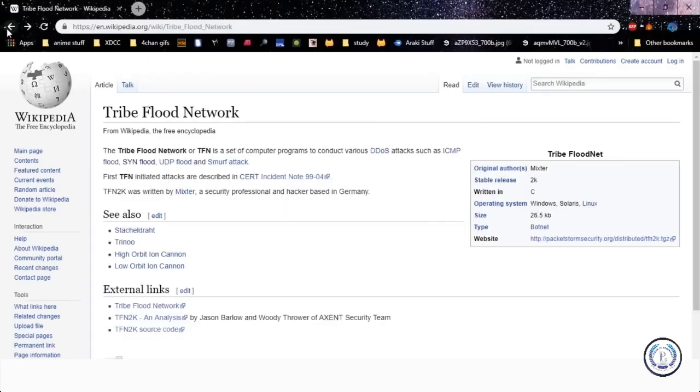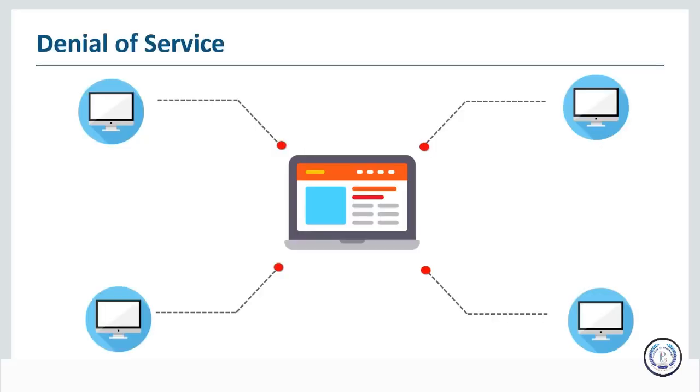Moving on. So this program called Trinoo was used to attack servers like eBay and Yahoo back in February of 2000. That attack in February of 2000 was really the first known distributed denial of service attack, which is not to say that there weren't denial of service attacks previously. There were certainly plenty of them, but they were not distributed. This means there weren't a lot of systems used to coordinate and create a denial of service condition, and therefore we get the distributed denial of service attack. So that's a handful of some pretty common attacks that you're going to see as an ethical hacker. If you're trying to become an ethical hacker, you should always know about these types of attacks.